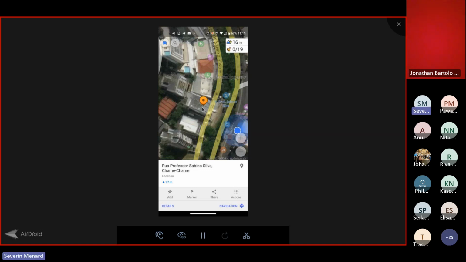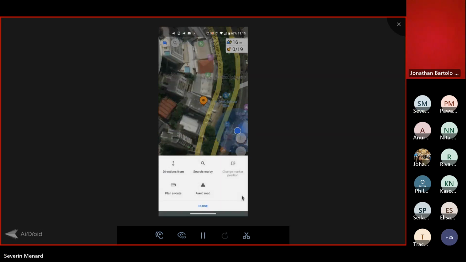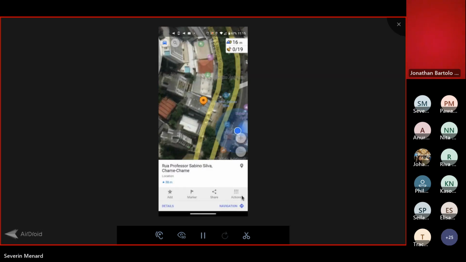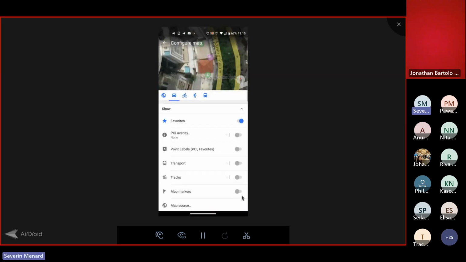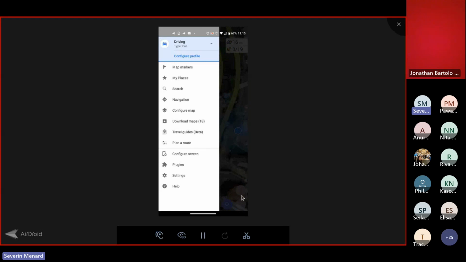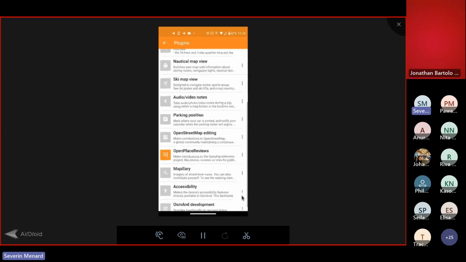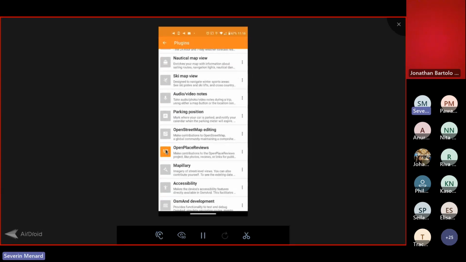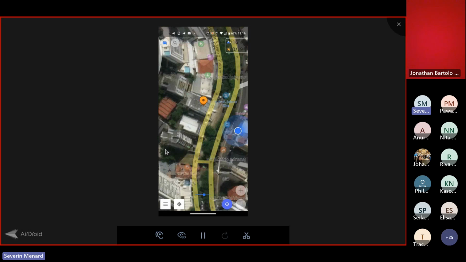So when I hold on the screen, I have this marker. Remember, I will go on actions and oops, I don't have the... No, sorry, it's not there. I thought I activated the... Oh no, I missed it. It's not Open Place Reviews. It was OpenStreetMap editing. I wanted to activate. Okay. So now,